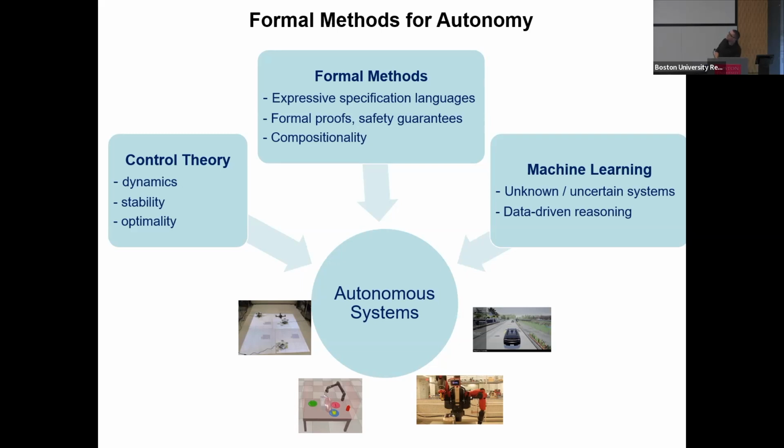Formal methods, however, traditionally deal with very simple mathematical models of digital circuits or computer programs. In robotic systems, we deal with complicated systems such as manipulators, flying aircraft, and autonomous cars. The dynamics are complex. Control theory usually deals with that, and we understand notions of stability and optimality. For most of the systems, we don't have precise mathematical models. Also, the environments are not precisely described. So we're using data-driven approaches such as machine learning.